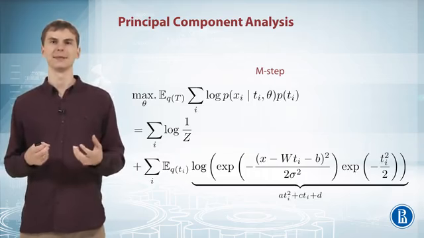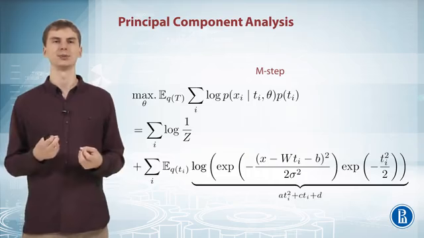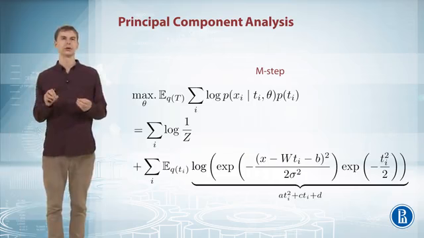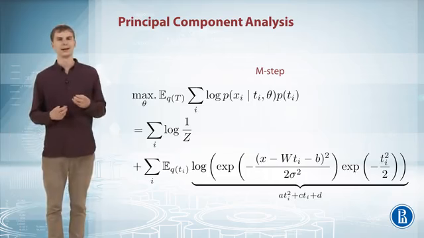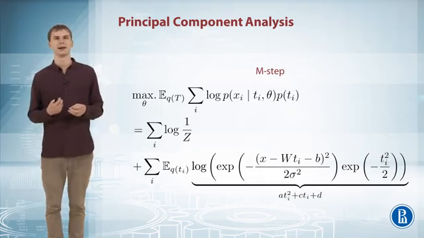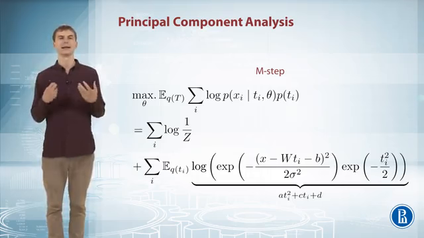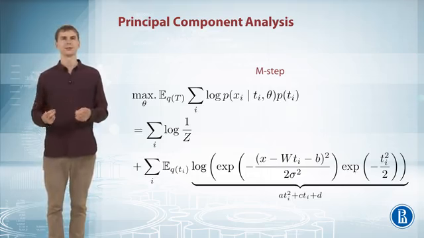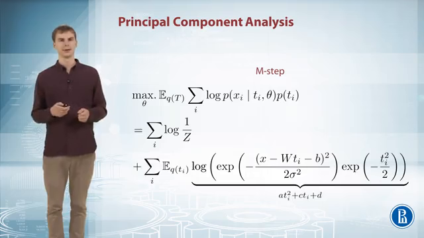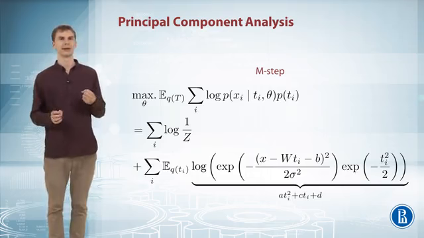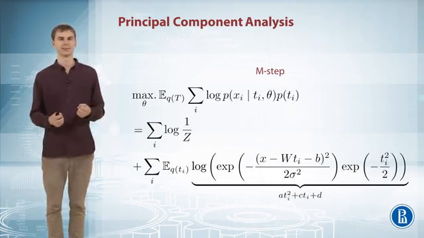and then what is left is actually a concave function with respect to parameters. Because from this expected value of Ti or expected value of Ti squared, we will get just constants with respect to parameters, and we'll have to maximize it with respect to parameters theta. And this can be done analytically. So we can just compute the gradient, set it to 0 and compute the optimal theta. So this was kind of a hand-wavy explanation of why EM is not hard in this probabilistic PCA case.